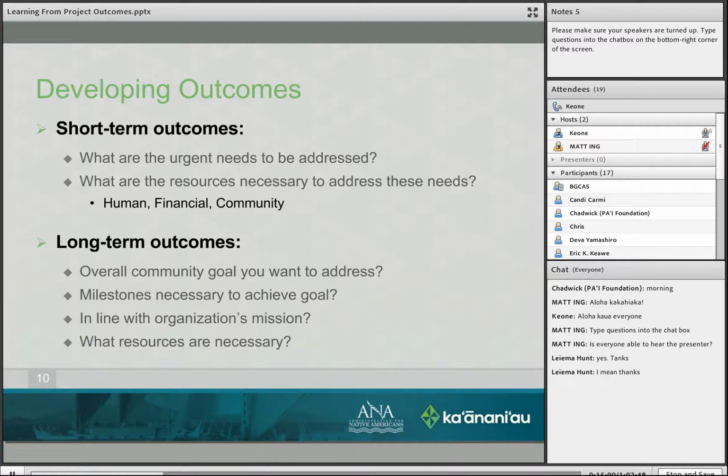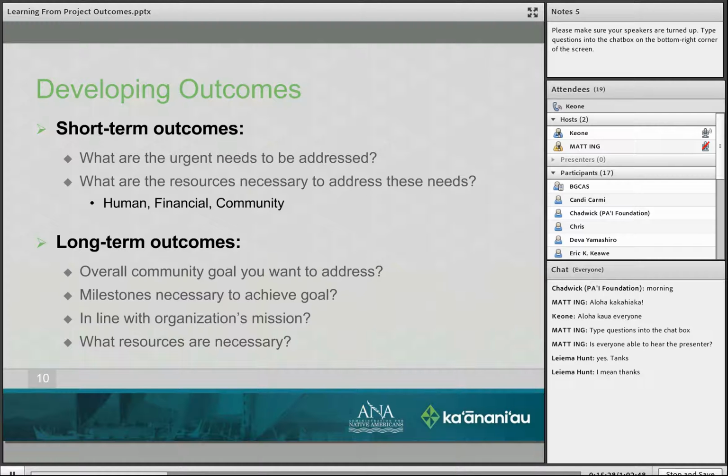Now, we're not going to tell you that there's a formula to this. These are some of the things necessary to actually contemplate as you're doing the work. And for each organization, for each community, there are slightly different methods of achieving these things.